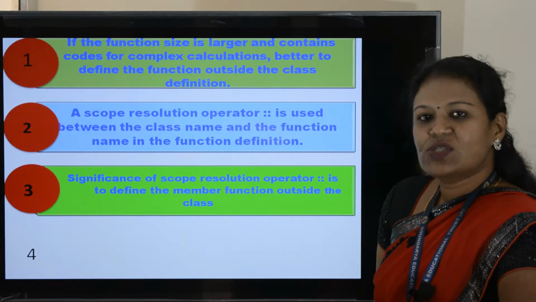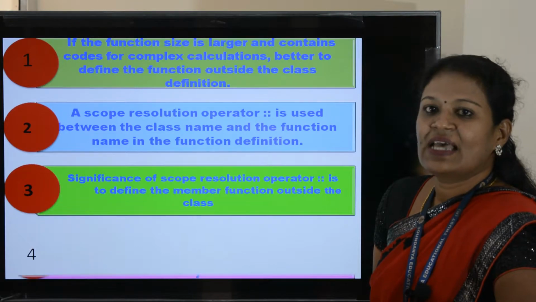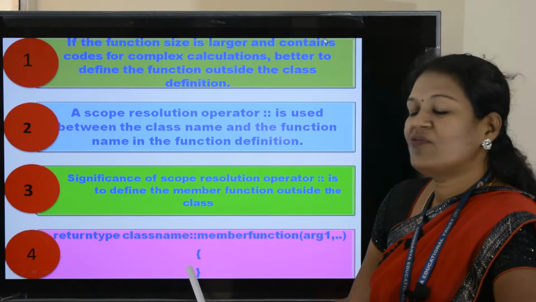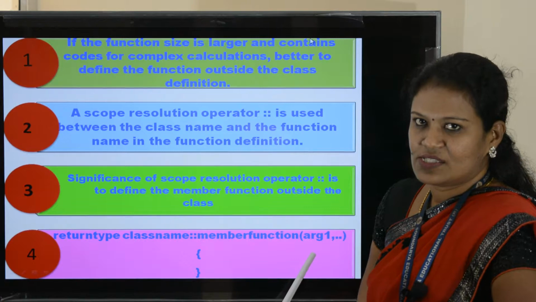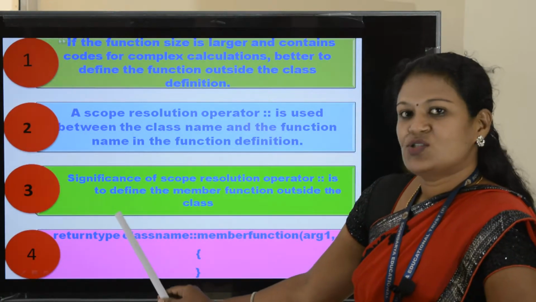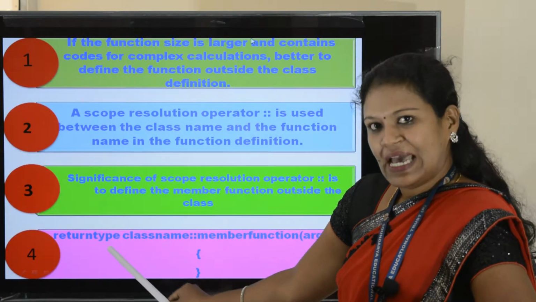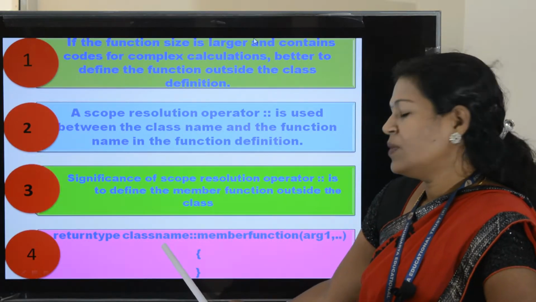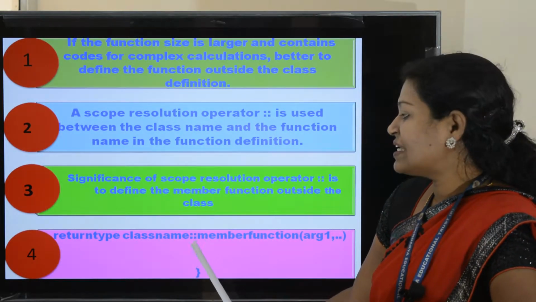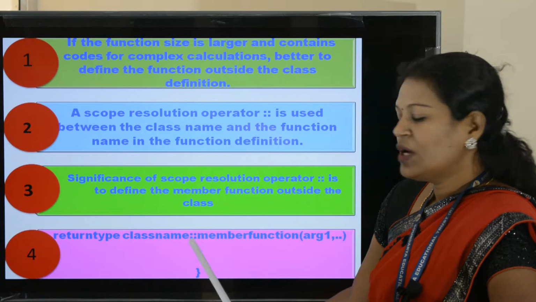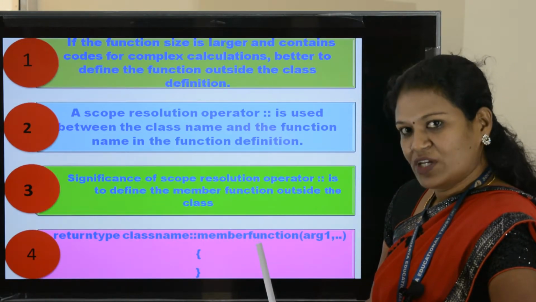Then the next one is the syntax for defining a member function outside the class. The syntax starts with return type, class name, followed by scope resolution operator, followed by member function.